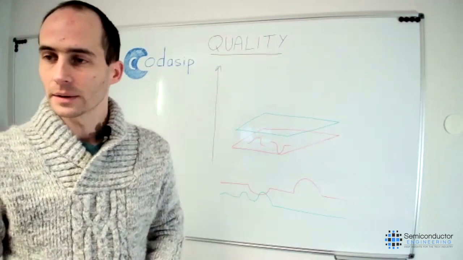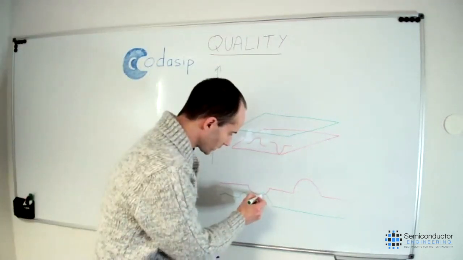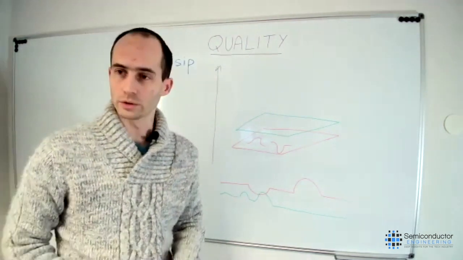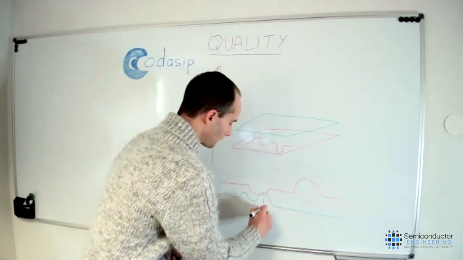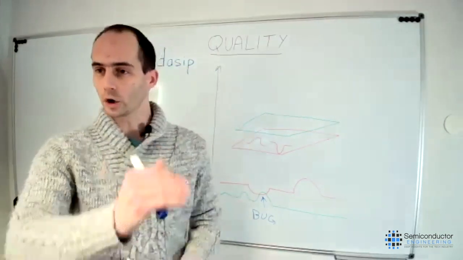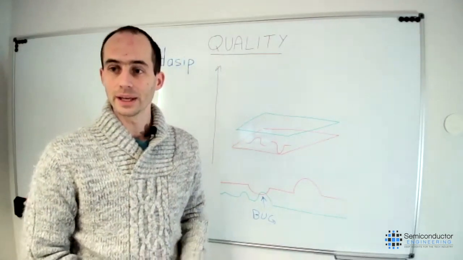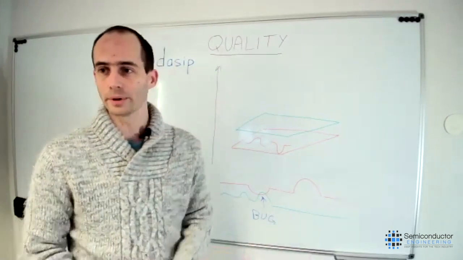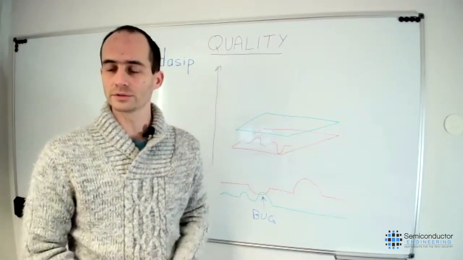And the thing is, when the quality of the verification is higher than the quality of the design, what you know is you just found a bug here. And here you can measure that on one point, your verification is higher quality than the design. And I guess you will find several bugs during the design process. And so you will have a map of the quality of the design relative to the quality of the verification. How do you improve the quality of the verification once you know those bugs?